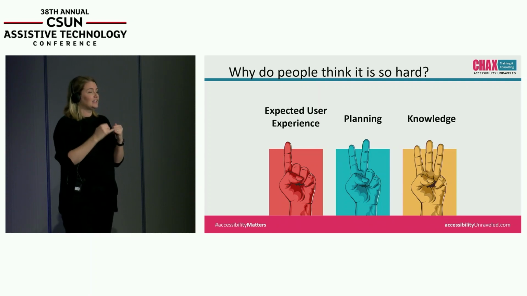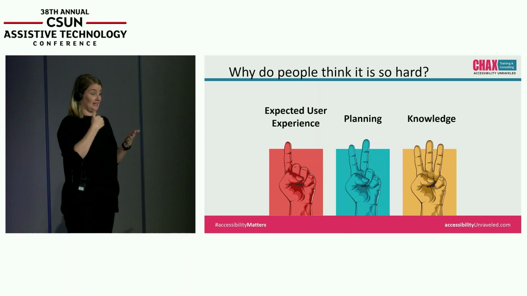Of course, knowledge is the one thing that we're all here for. Everyone here at this conference wants to learn more about accessibility, right? I mean, we're all here to gain some kind of knowledge. Accessibility is a journey. There are things I know now that I didn't know last year. There are things I have yet to learn that I will learn in future years. Start somewhere, build your knowledge, but realize that it's a journey.